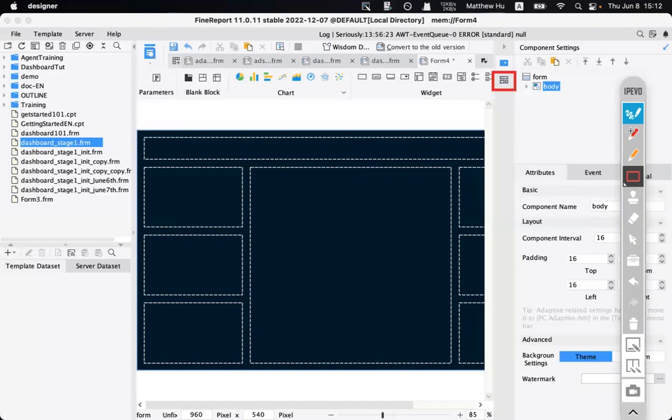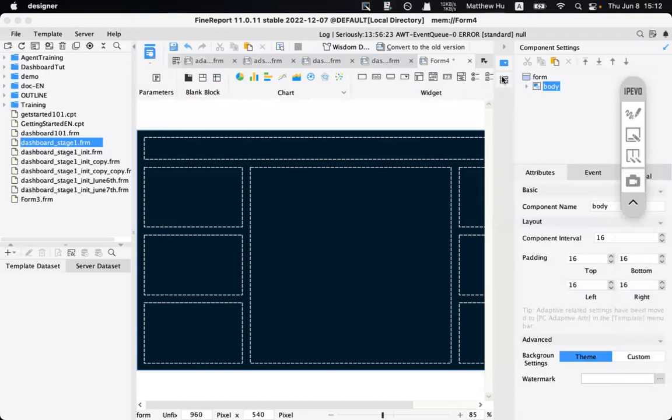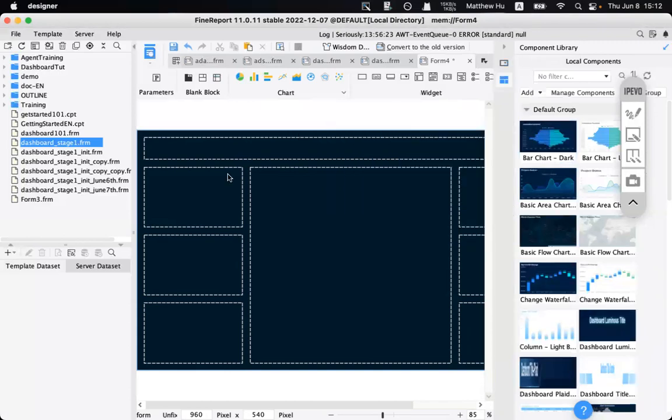Well, speaking of which, we're actually talking about the component library, right? There's a few more things I want to introduce. It's called block, chart, widget. So basically, in the dashboard, all you need to do is drag and drop these components into the dashboard, right? For example, if you want to have this chart in here,